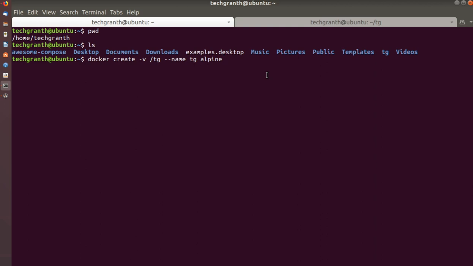So we are creating a volume here using the Docker image alpine, and press enter.